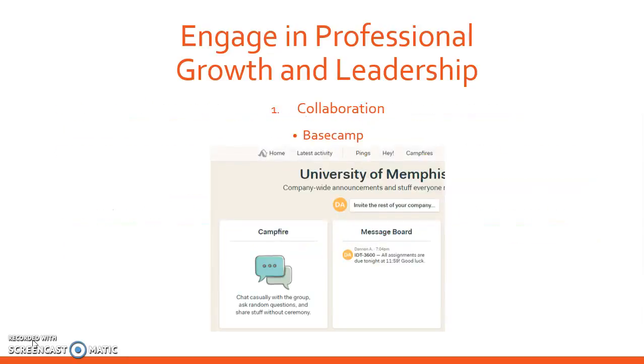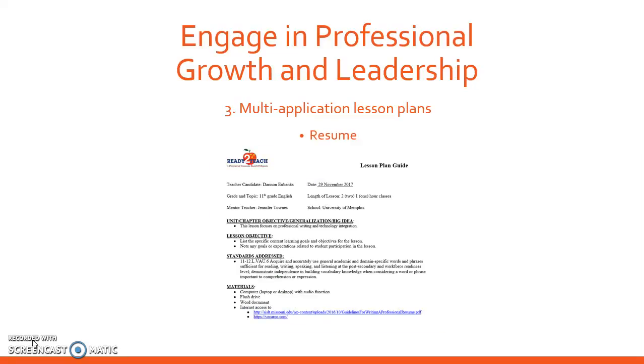So again, I'm using the application Basecamp because I feel like collaboration is one of the best ways to engage in professional growth and leadership. And again, this can be done on that website application Basecamp through the use of their campfire and message board. The next way to engage in professional growth and leadership is through multi-application lesson plans. Like the multi-application lesson plan that I came up with for this class, where students were